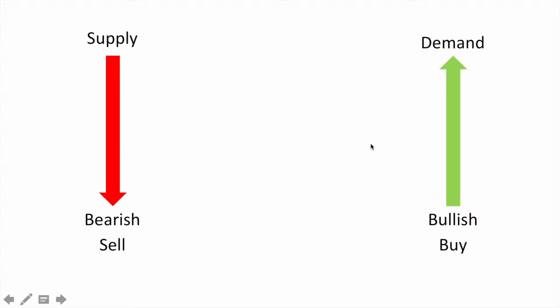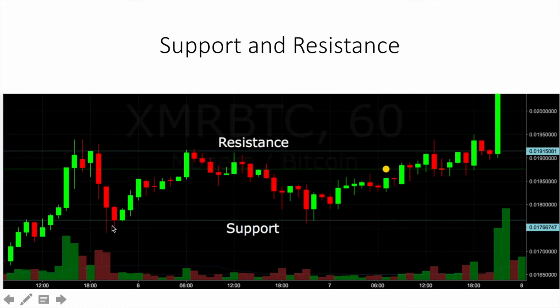Well, in financial markets, prices are driven by excessive supply downwards and demand upwards. Supply is synonymous with bearish, selling, bears, while demand is synonymous with bullish, buying and bulls. As demand increases from this point, price goes up. When supply increases from this point, price goes down. When supply and demand are equal, like here, price moves sideways,